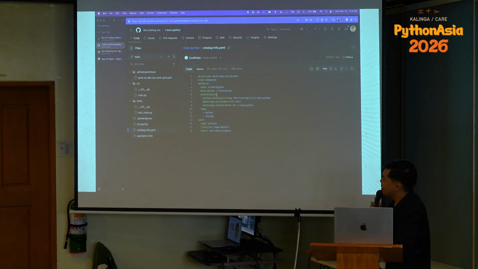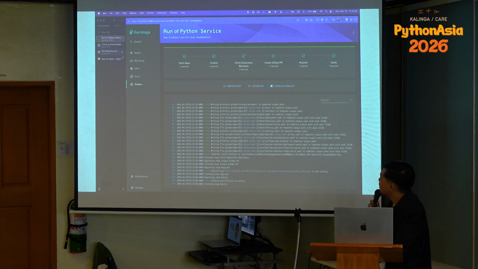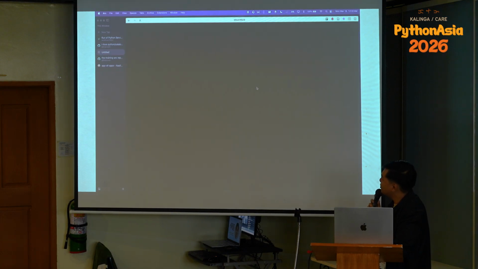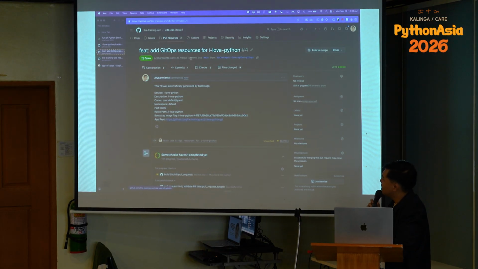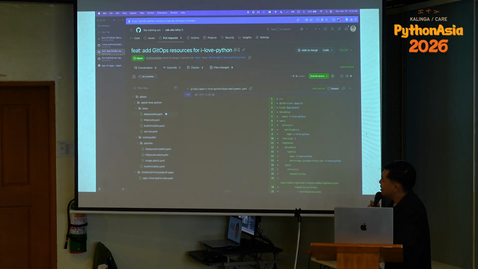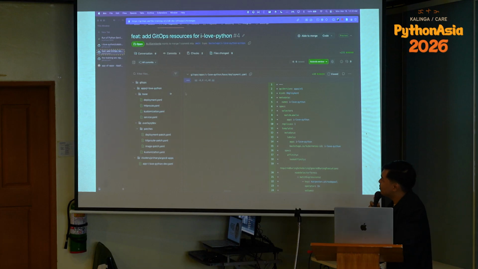Other than that, we have also created the GitOps PR. If we go to this, it has created this pull request to the CDK EKS infra repository, which is pretty much the repository for the Kubernetes cluster, and all of these manifests are ready for deployment.